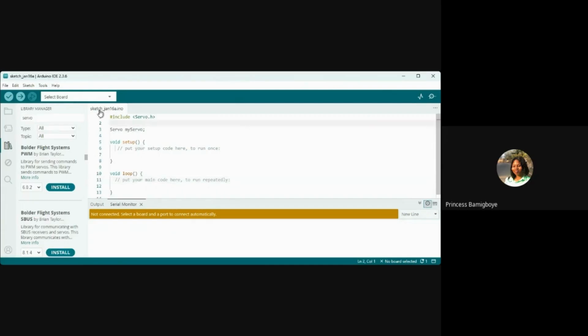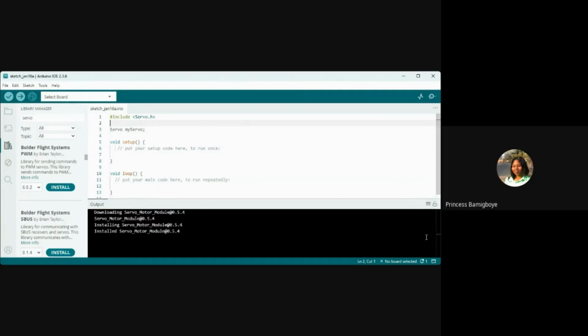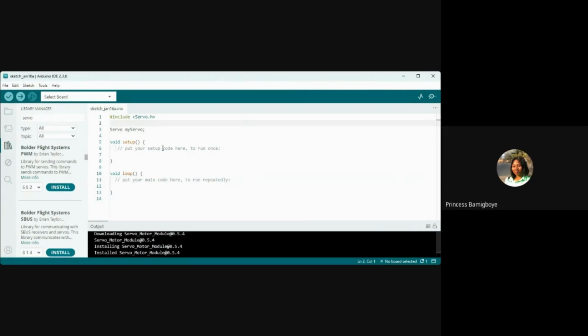So the last and most certainly not the least is now the code, the code environment itself. In the code environment, we have void setup and void loop. You know how you have a generator. I want to start the generator, and you've started the generator. You've turned on the fuel pump. You've done everything, and you want to set it up, calibrate it.